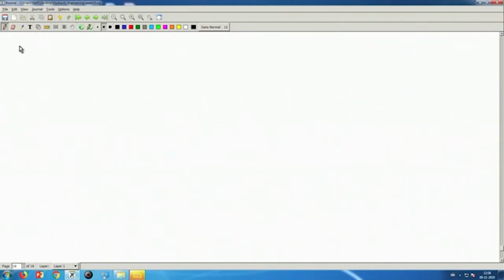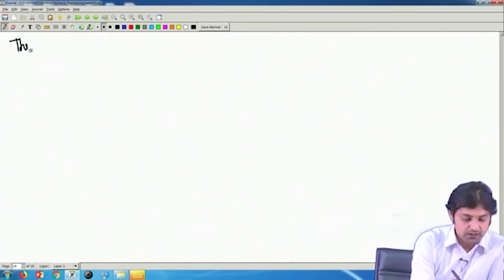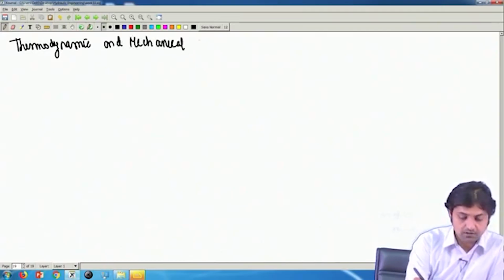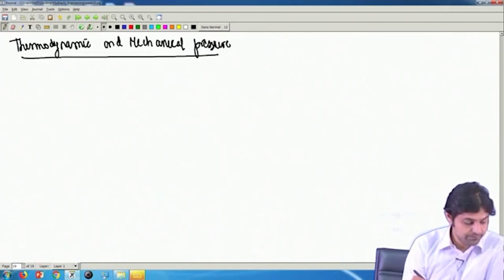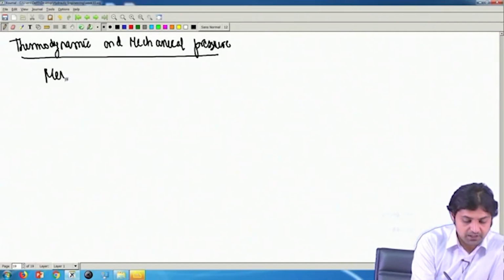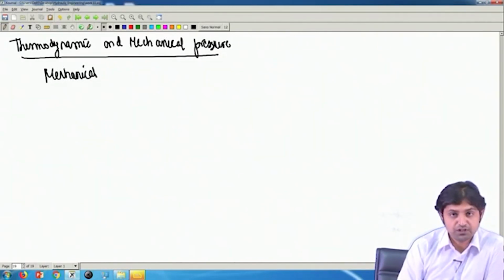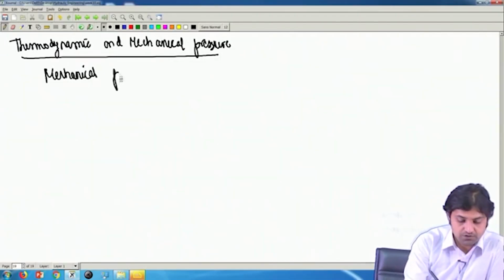We will talk about the difference between the thermodynamic and mechanical pressure. Do you think they both are same? No, they are not. The pressure that we find out using the Navier-Stokes equation or any other such equation is the thermodynamic pressure. So the mechanical pressure, P bar,